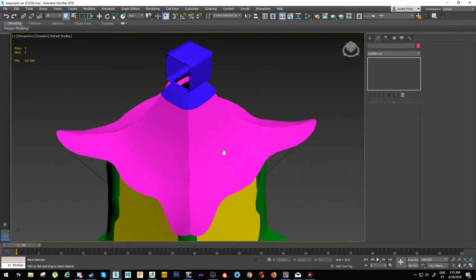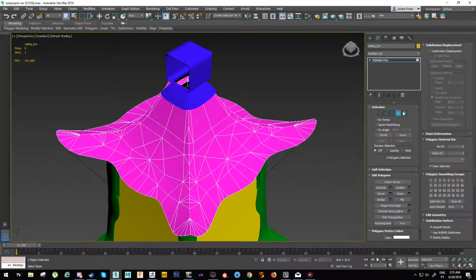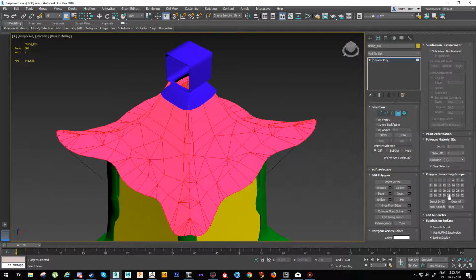Okay, so if you don't want it, all you have to do is just go to polygon mode, Control A to select all, clear all, and then select one. Okay,